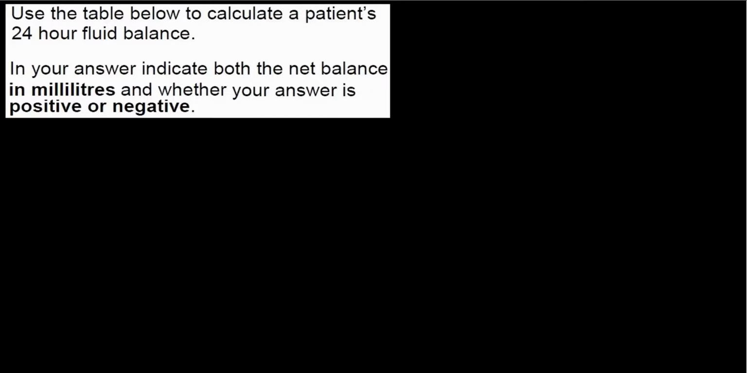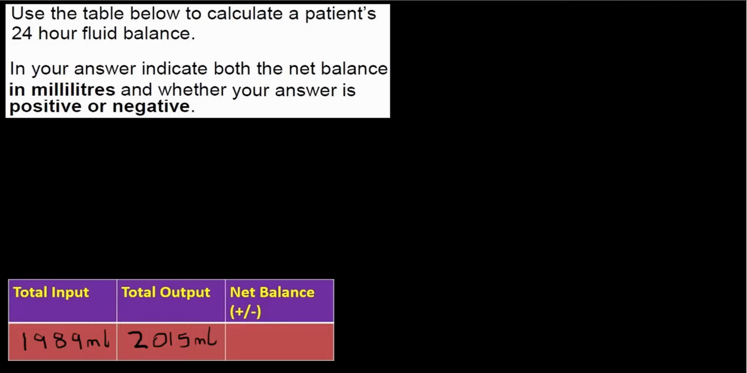Use the table below to calculate a patient's 24-hour fluid balance. Well, there's the table with the values already put in. The total input is 1,989 millilitres and the total output is 2,015 millilitres. In your answer, indicate both the net balance in millilitres and whether your answer is positive or negative. Now we have two numbers and it's a straightforward subtraction, but we have to be careful which value we are subtracting from which. Well, the formula is input minus output, so we have to do